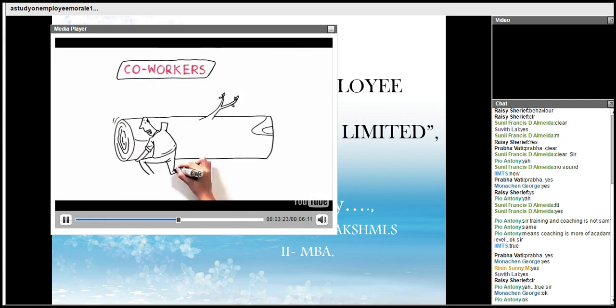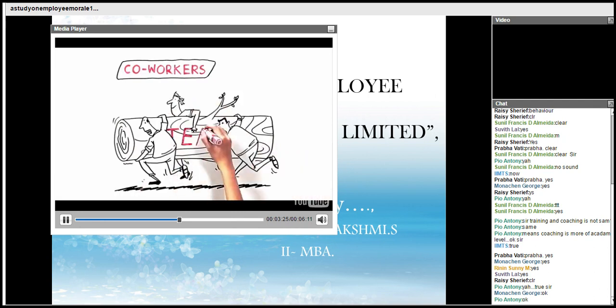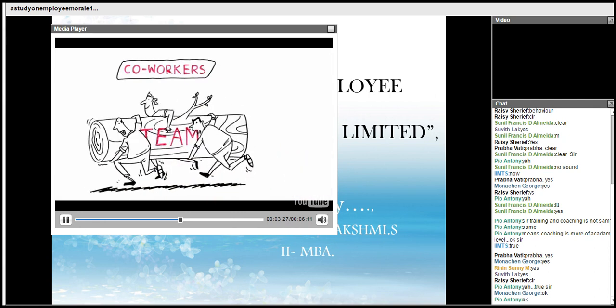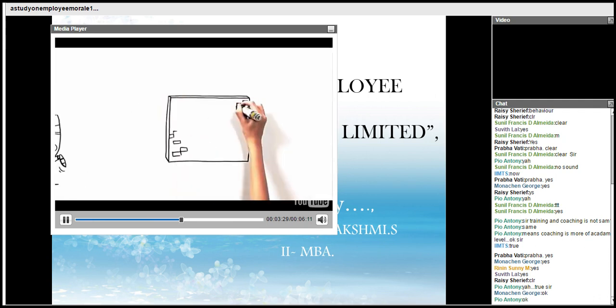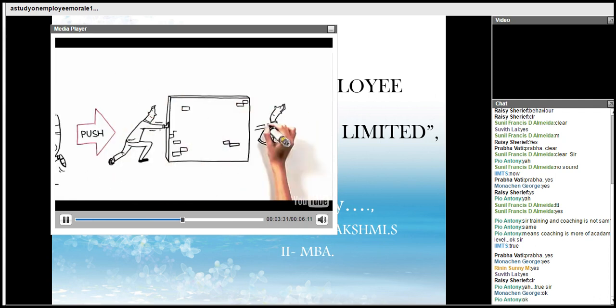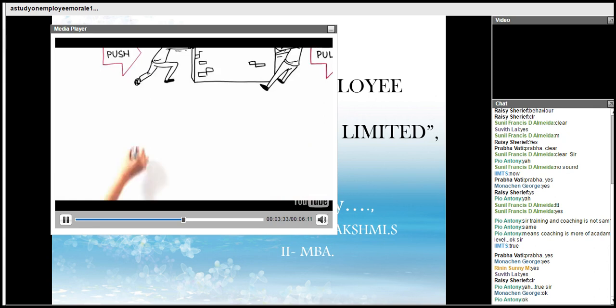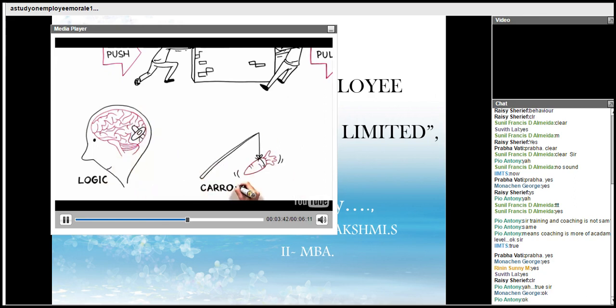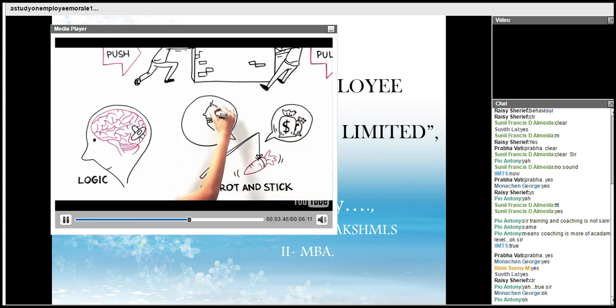If you're able to influence your co-workers, you can help your project team reach desired outcomes and manage changes. You may use one or a combination of these 4 push and pull influencing styles. One push style is to use logic, point out the loopholes of an argument, and then offer a counter proposal. Another push style is carrot and stick. Show your co-workers the reward they'll get if they comply and highlight the potential threats if they don't.